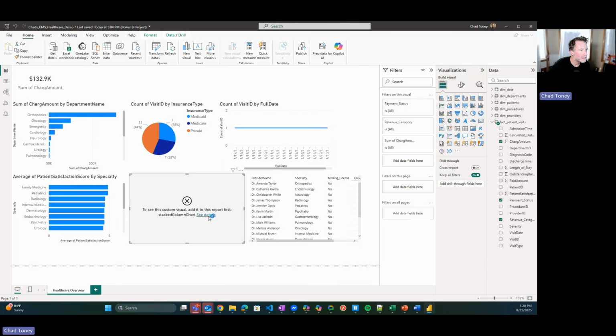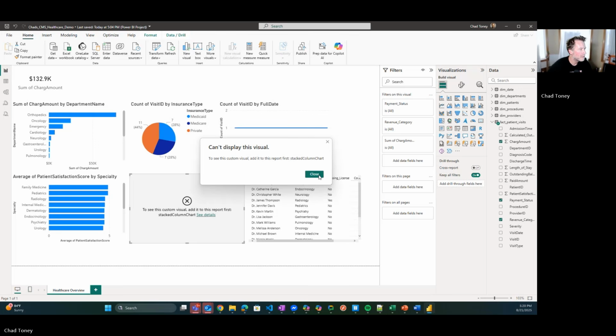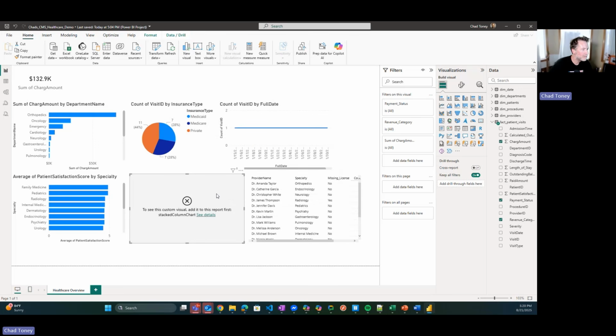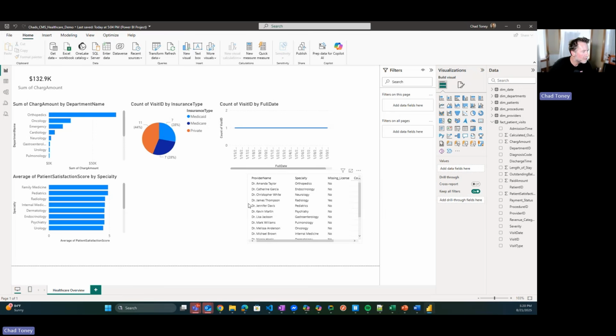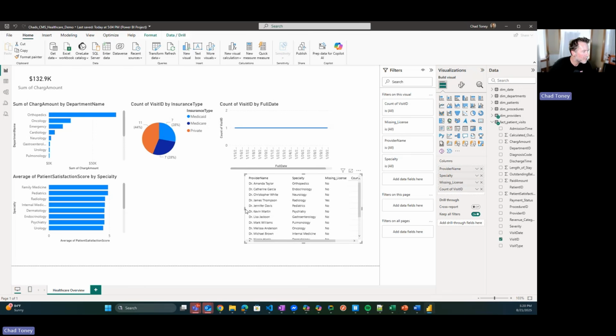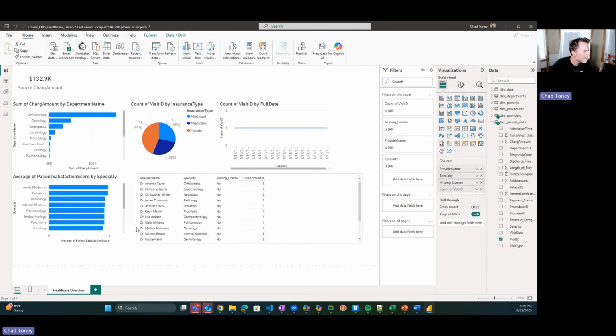Stacked column chart. I'm not going to do custom visuals. That's pretty amazing. I'm going to keep playing with this. This is a lot of fun. That was